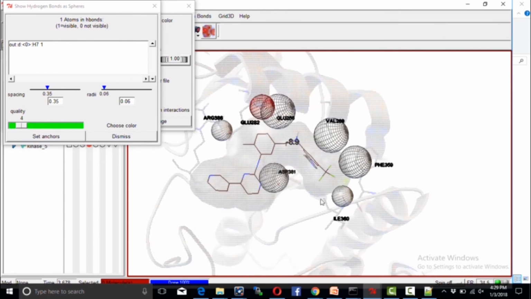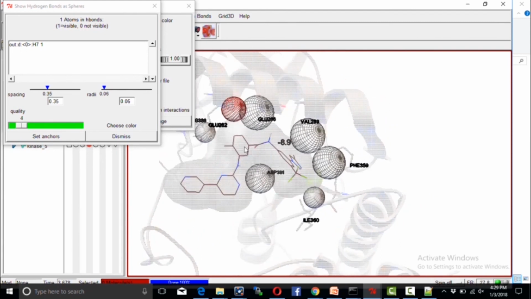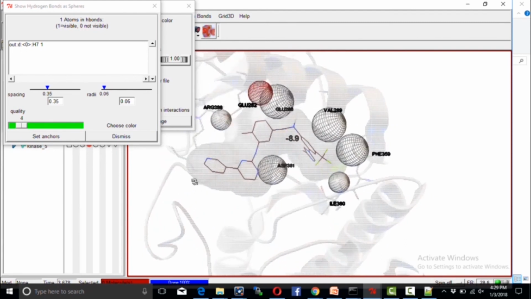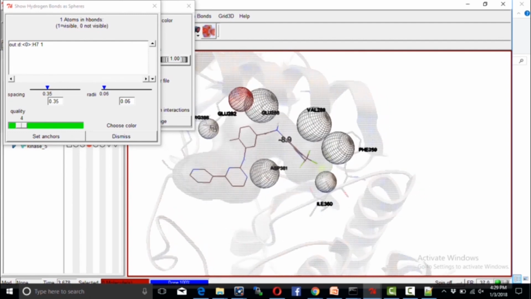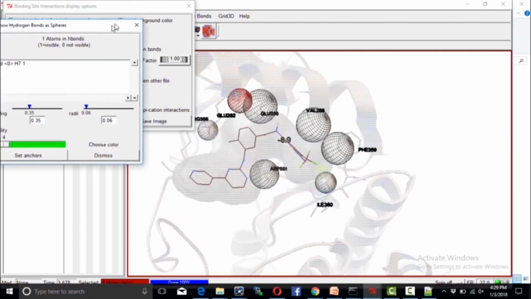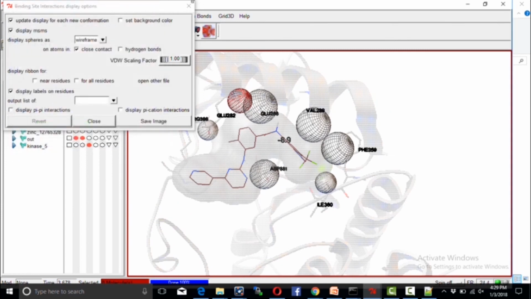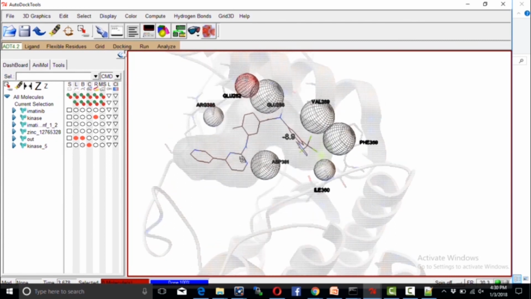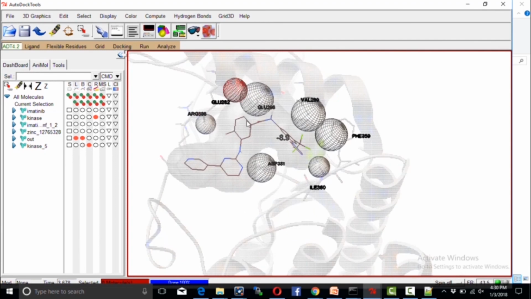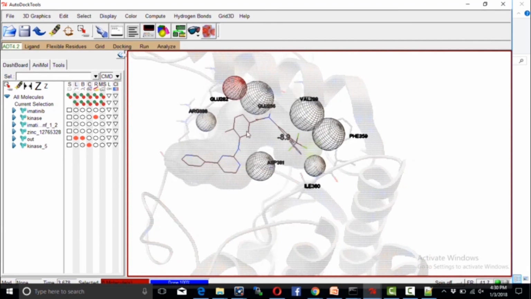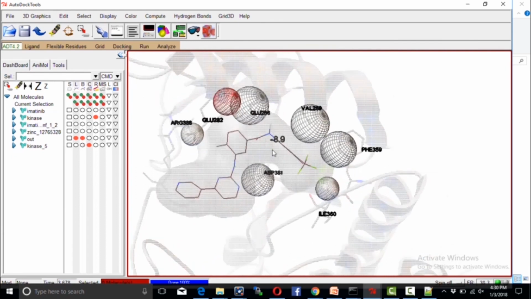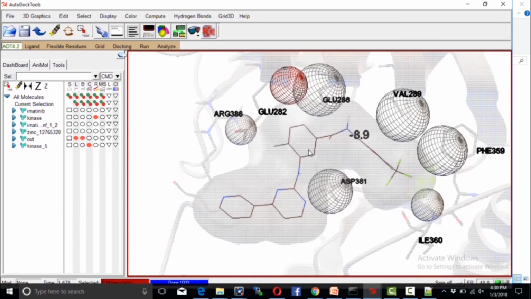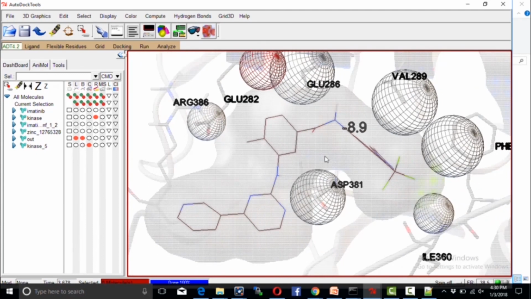So these are the different residues which are in the vicinity of the particular ligand. So you can analyze the interactions using this by clicking this interaction window. So from the different ligands, you have to select which ligand binds with ABL kinase effectively using screening itself. So these are the different types of interaction which will be given from this ligand,